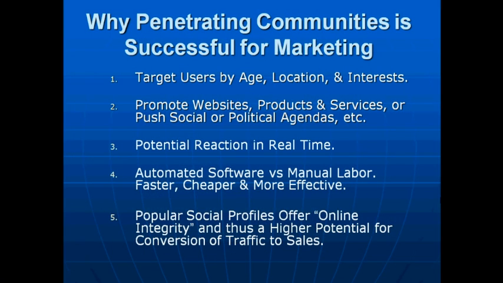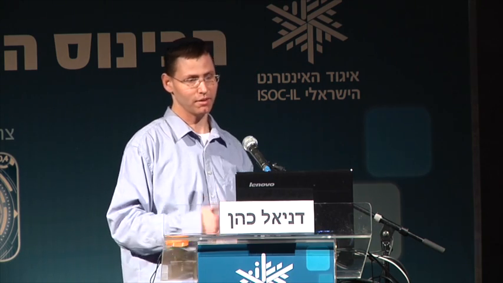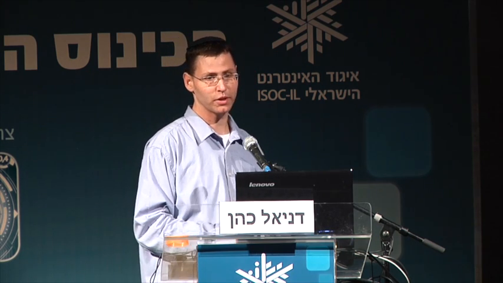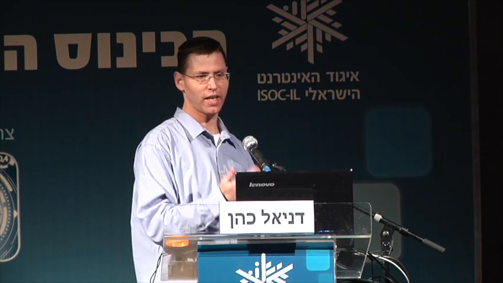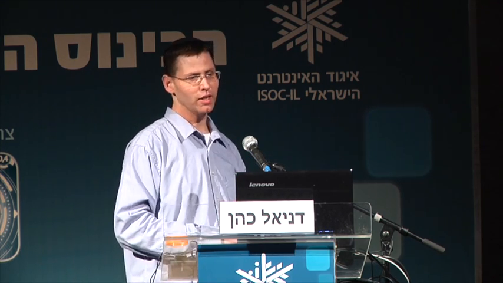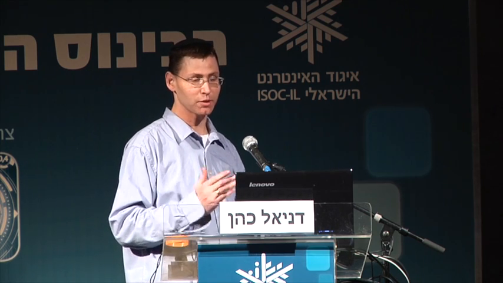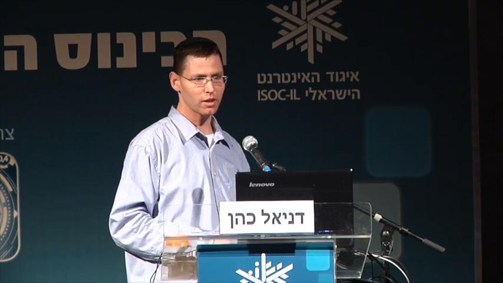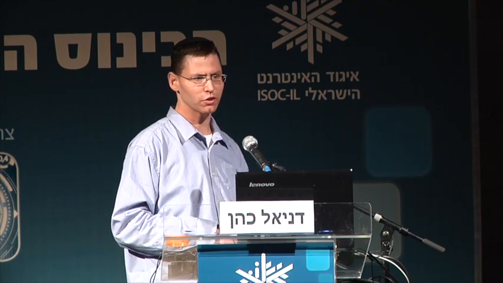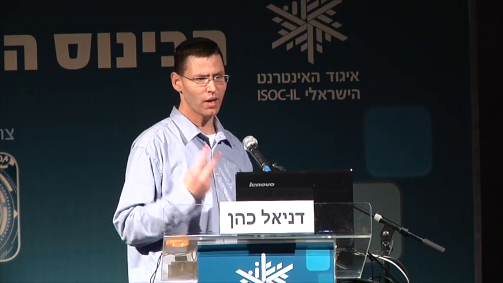And of course, automated software versus manual labor. In other words, if you were to run 1,000 Twitter accounts, with manual labor, to register for those accounts, validate registration, publish, etc., it would probably take you about 6 months. What otherwise could take me about 2 hours with a couple of good servers.